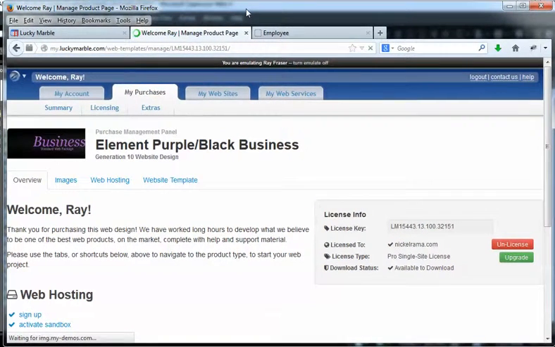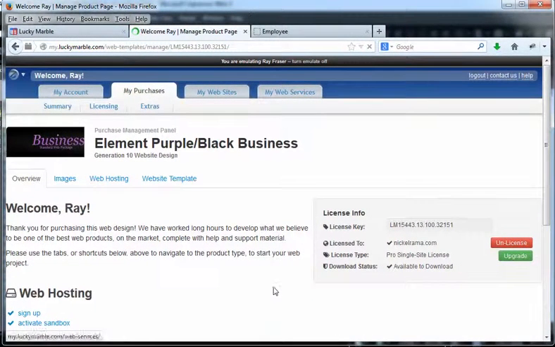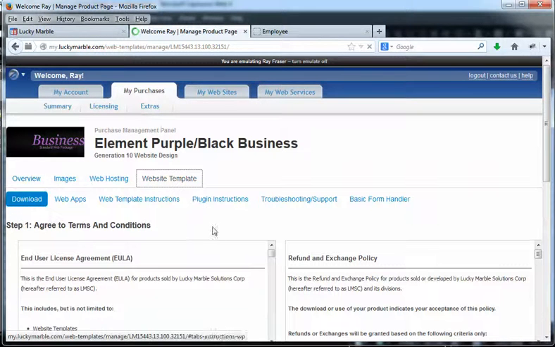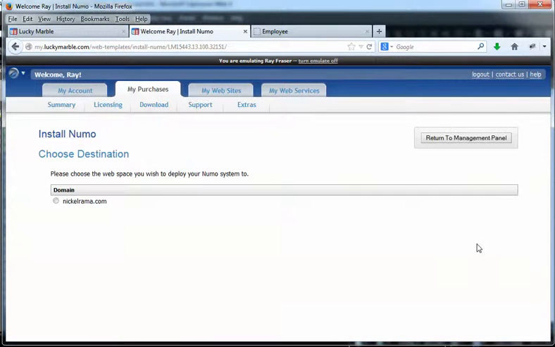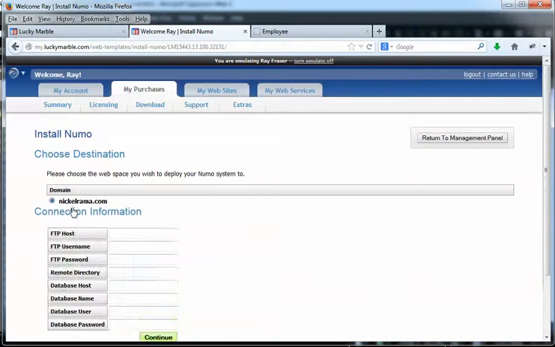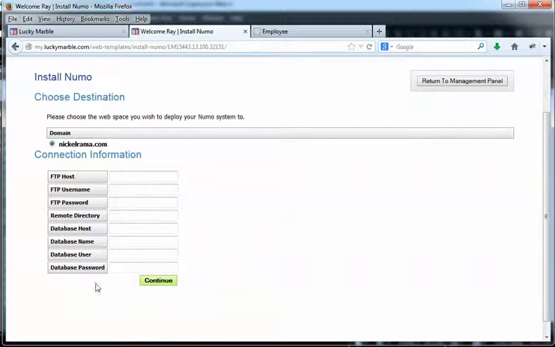But the access control part of it, you'll want to get installed. So you go to your instructions and web template, and you see we have the web apps tab here. See access control, that's where you get the instructions for the access control right here. And then we have the install Numo. Now when you install Numo, let's just see if we have it. Okay, when you get to this point here, this is where you need to just copy this information down